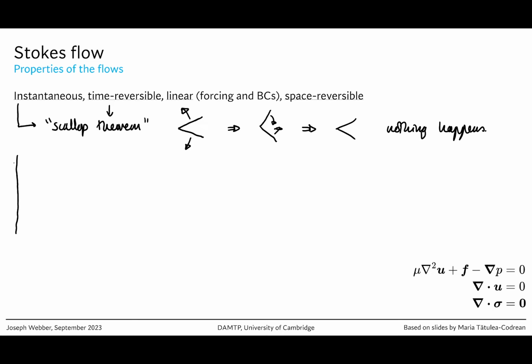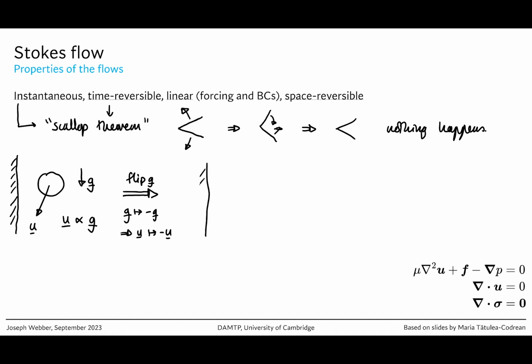Let's consider a wall here, a vertical wall, and we've got this sphere falling at some velocity in some direction under gravity. Now, we're linear both in the forcing, so in F, the body force, and in the boundary conditions we apply. So our velocity is proportional to g, because g here is the forcing. So let's flip g. We'll take g goes to minus g, and that means u has got to go to minus u. So the physical setup now is this same sphere, u goes to minus u, g is now pointing